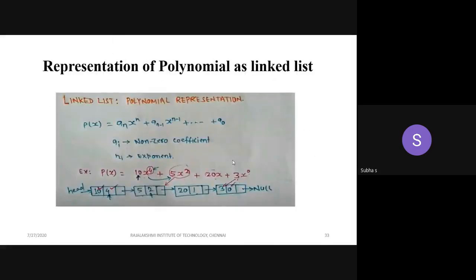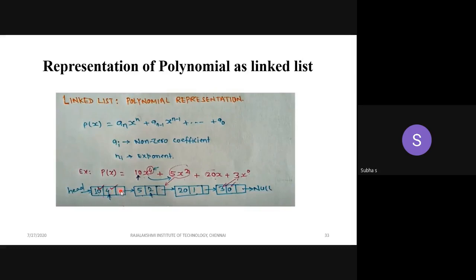So each node contains 2 data parts. I hope you are getting some red color pointer. So let's take the first element in your polynomial, 10x power 4. What is the coefficient here? 10. You place it as the first part of your node. Then what is the exponent? 4. You can call it as exponent or power. 4 is your power, so place it as the next part. So these are the 2 element fields in your node in the list.